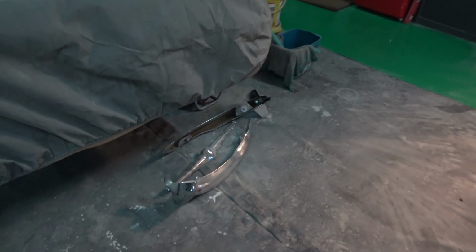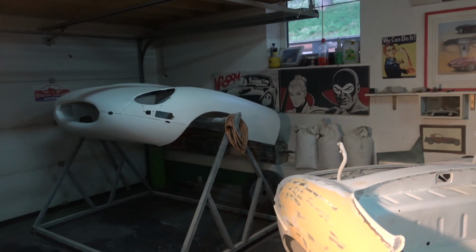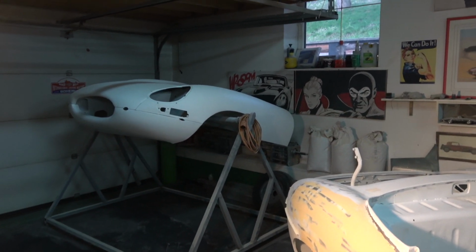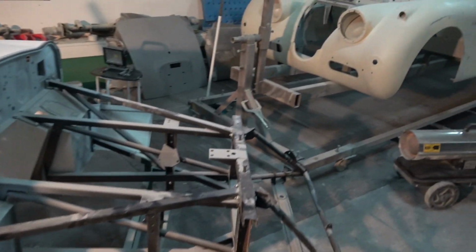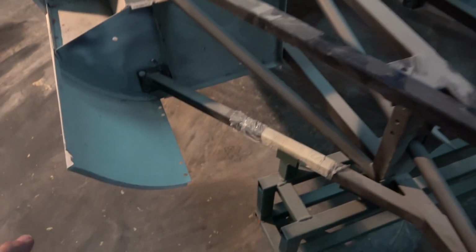We've taken the bumpers off the front, because obviously now we have to get everything sorted out and lined up. And hopefully that'll be finished by Wednesday we hope, Thursday latest. But we will get it on the car, you'll see it on the car, and we have to see how it fits. Then Amir is going away for his break, and what I'll do is I'll fit in these panels here